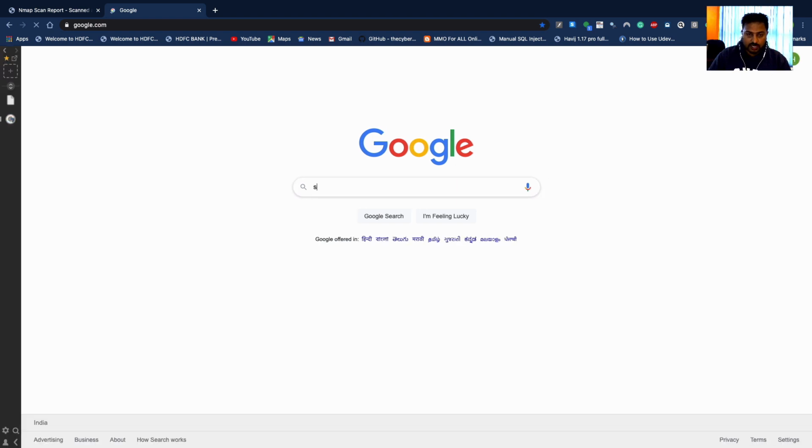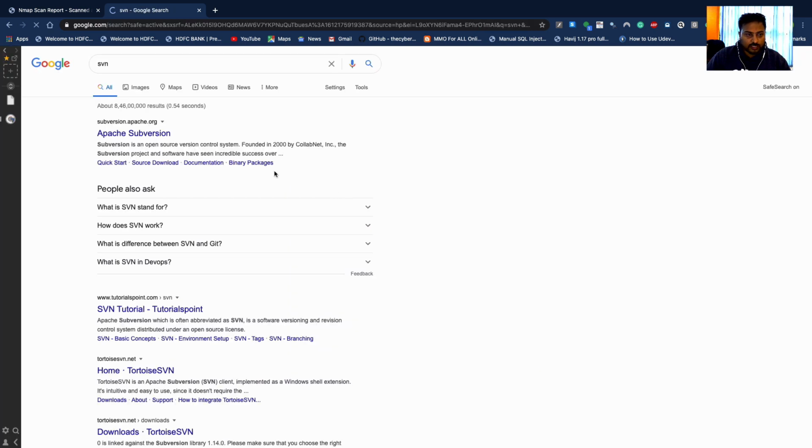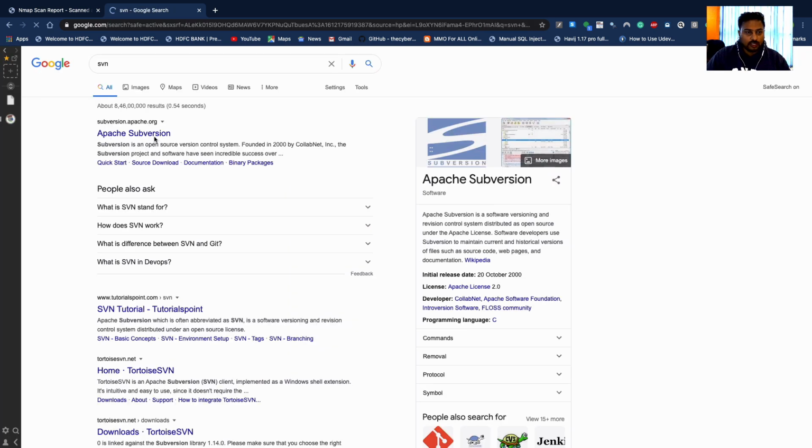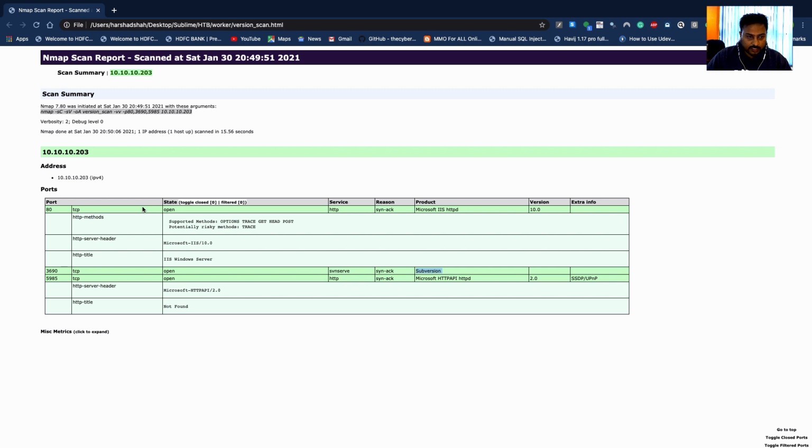You can use a Kali machine, Parrot, or Mac, any machine is fine for this particular lab. This is called Apache Subversion, and there is an SVN tutorial also available. I'm going to show you how to hunt for this, and now you have the hint here. When you check port 5985, I'll give you a hint also: there's one tool especially designed for this particular port, 5985. I'm going to show that after this section.